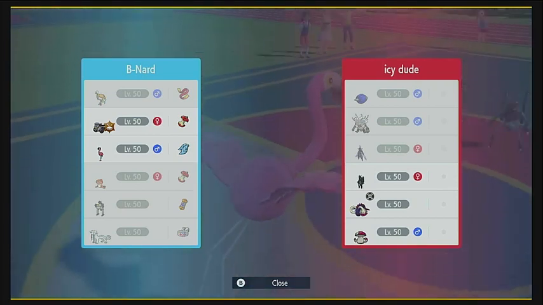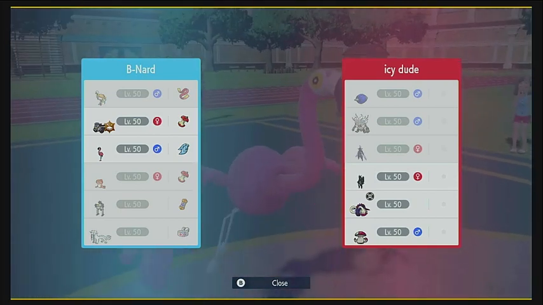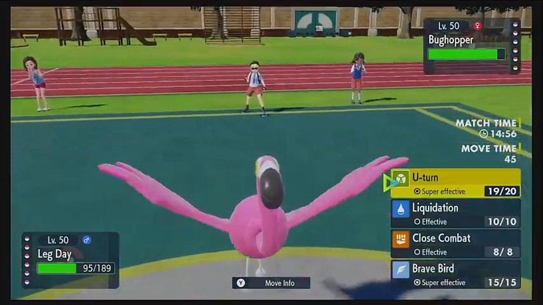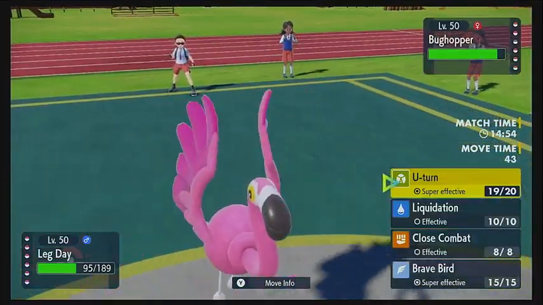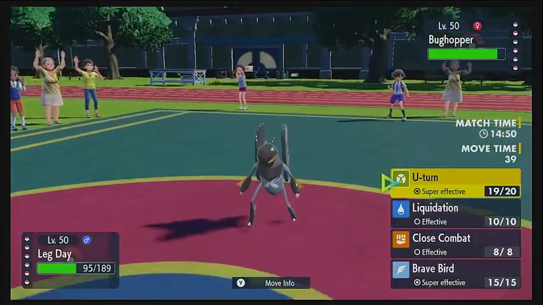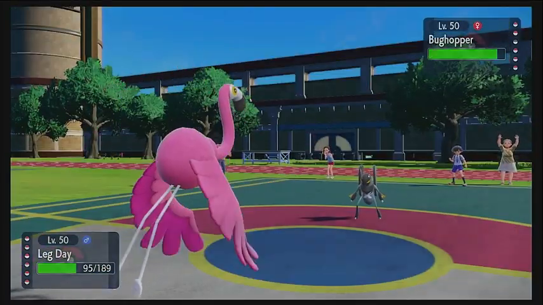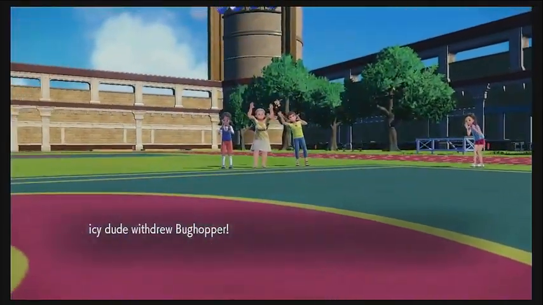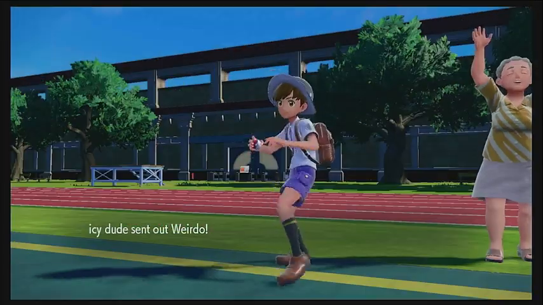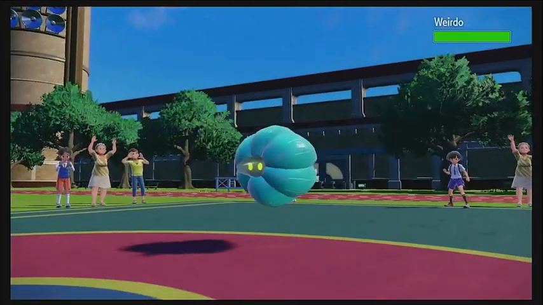I don't think he stays in on this matchup. I mean, he could, but I kind of don't feel like he does. He could try to Sucker Punch us, but I don't think he does. But either way, I think we're just going to go for the U-turn here to try and preserve the Flamigo. He does, in fact, go for the switch, which is nice, and he is going to go ahead and come in with the